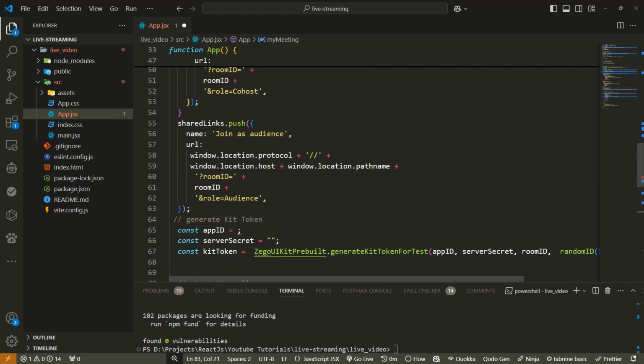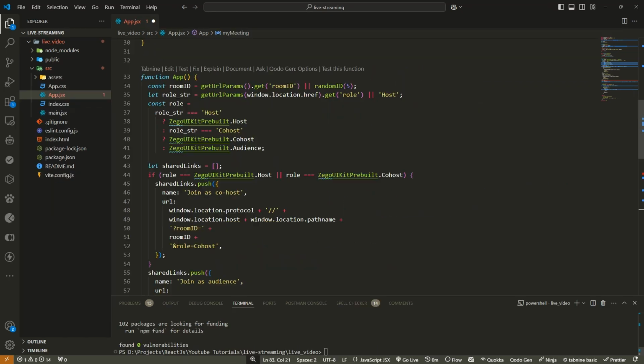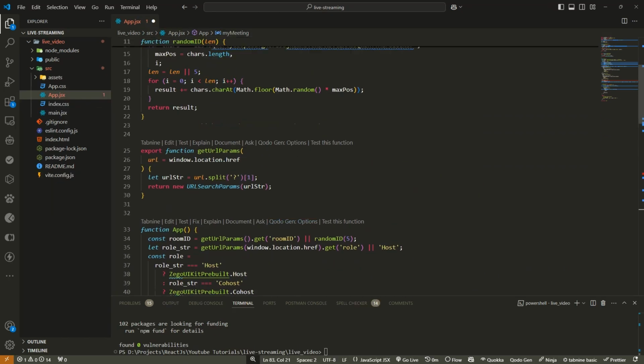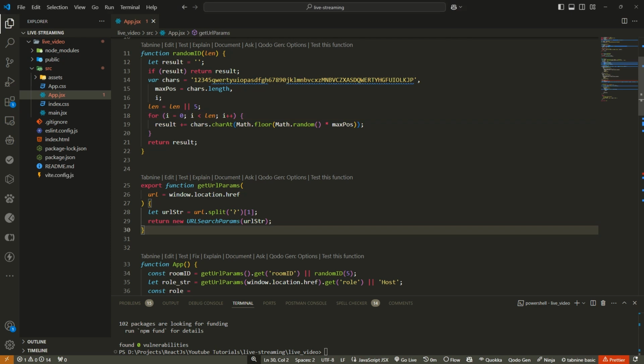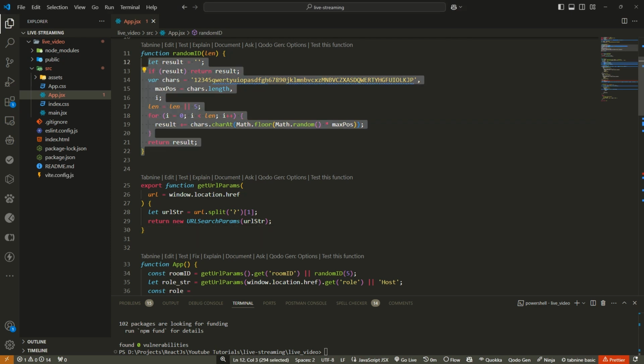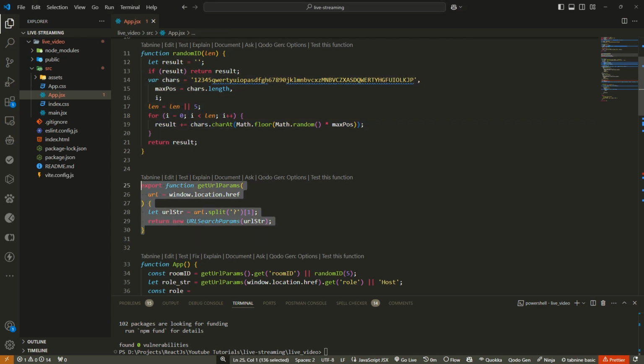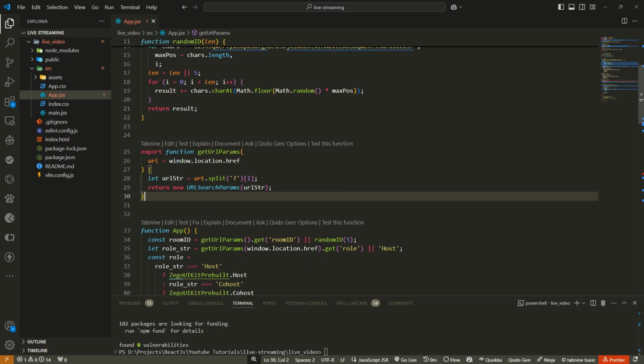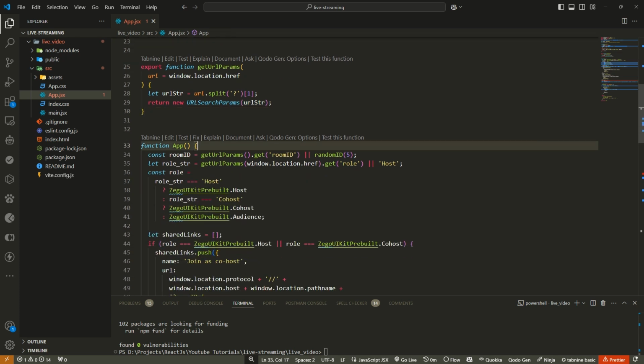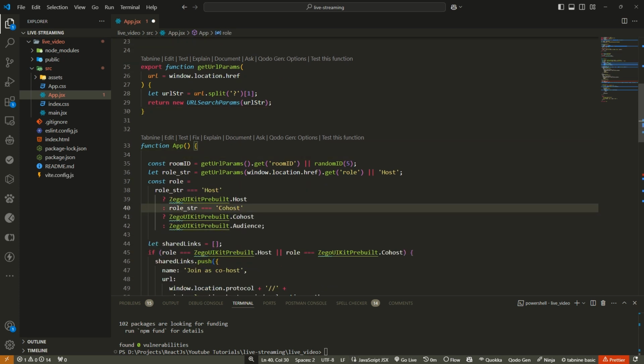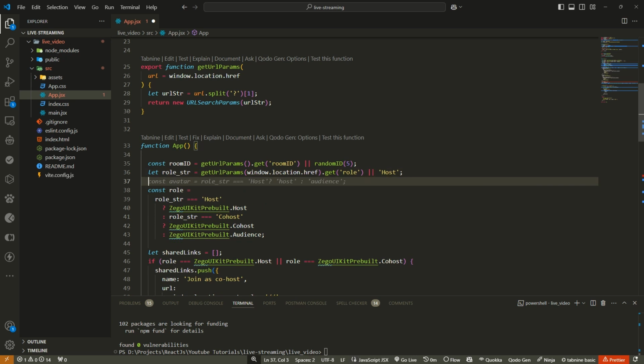Okay, so now let's go over them. This will help us generate the random ID. This also helps us get the URL params. And inside our app here,